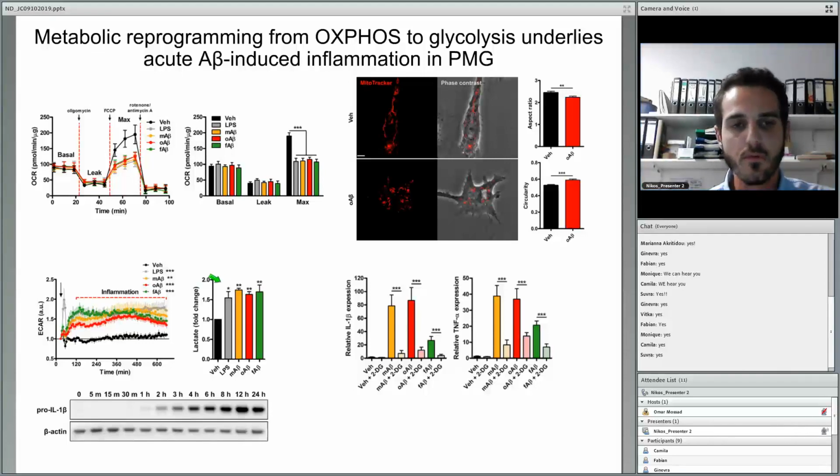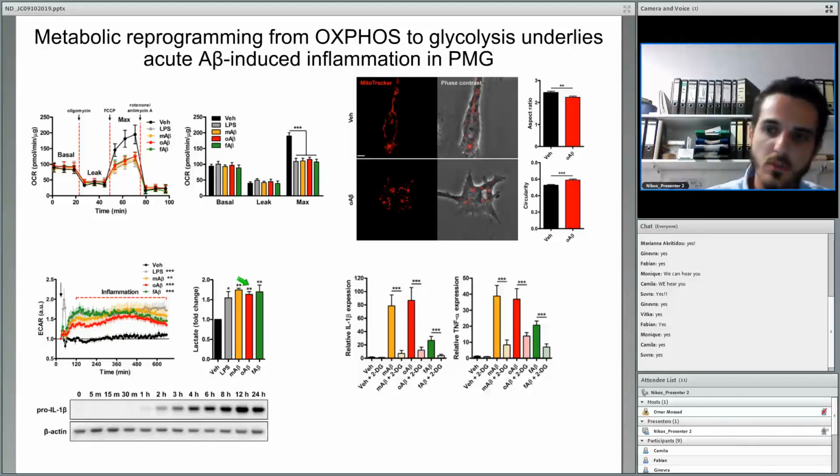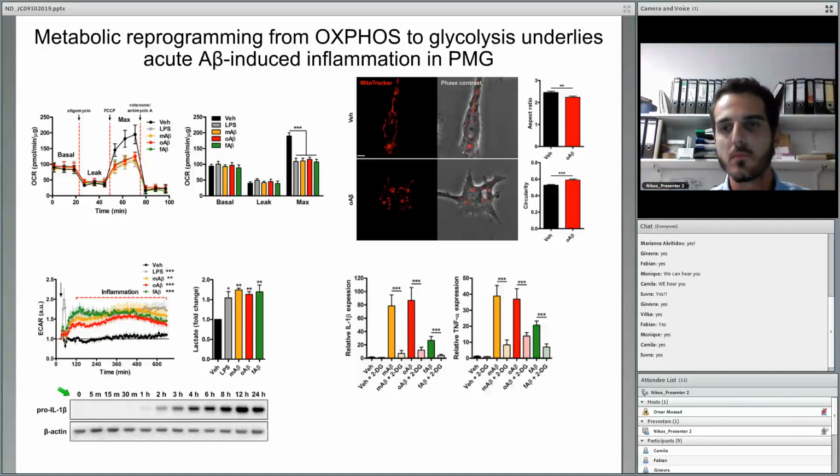As a proof of concept here, they also measured the lactic acid in the medium, and you see that in all groups it's upregulated. Now, they hypothesized at this point that this shift from oxidative phosphorylation to glycolysis is what drives the pro-inflammatory phenotype of the microglia cells, and therefore they did a time course of the expression of the pro-interleukin-1 beta, and as you can see, it starts appearing at around 1 to 2 hours after the stimulus